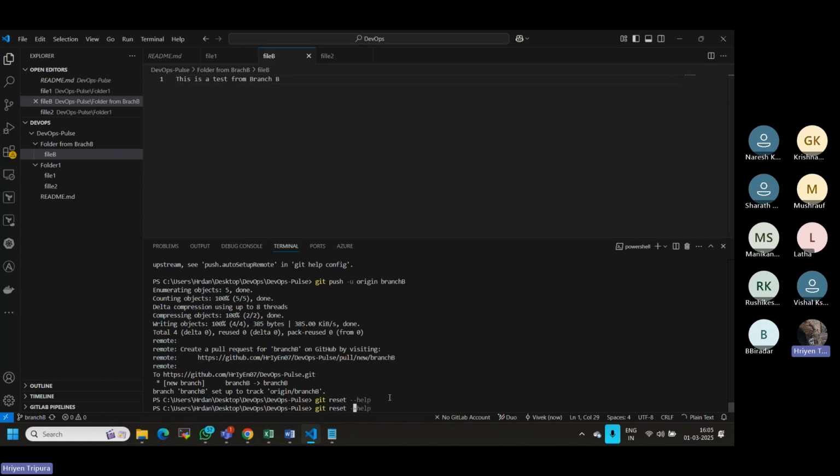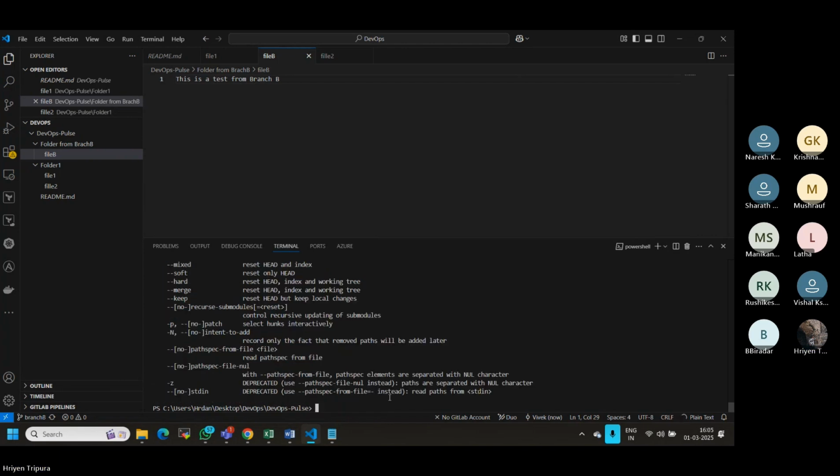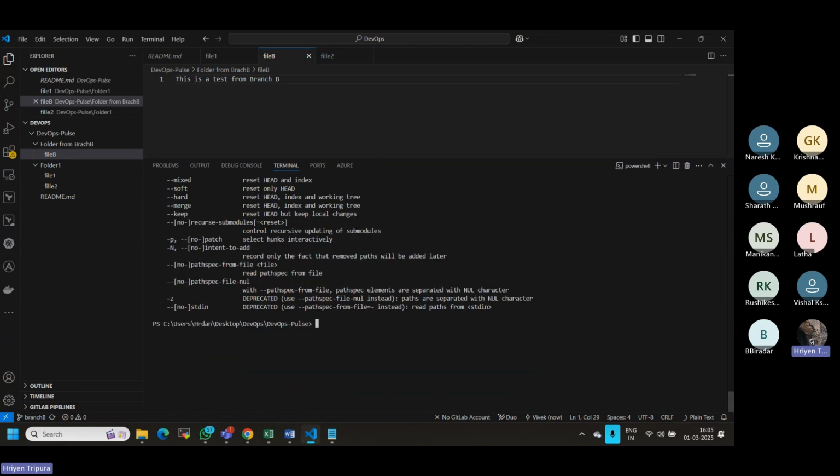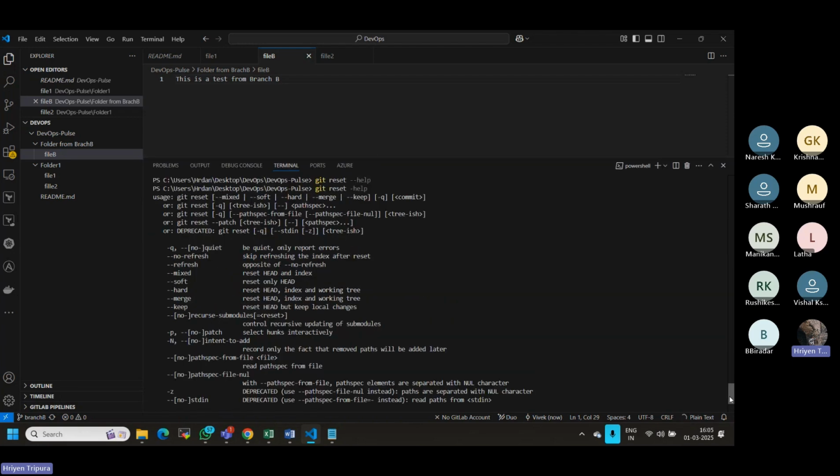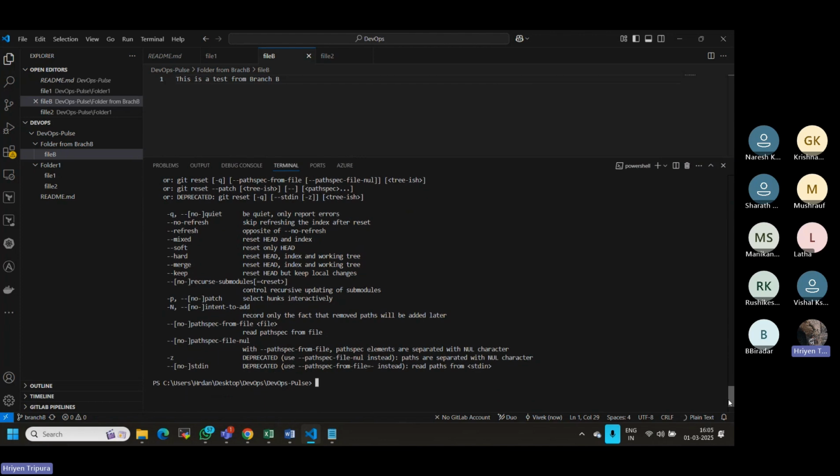Single dash will help you display the help within your VS Code only. See here how easy it is. As compared to the earlier output, this is much easier and easier to understand as well, right? This looks a little neat. In the beginning, what we had before was a little messy. So now,